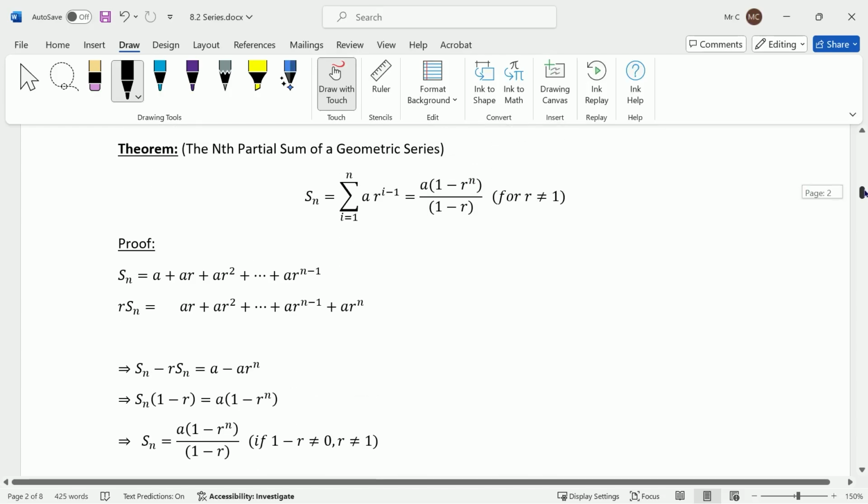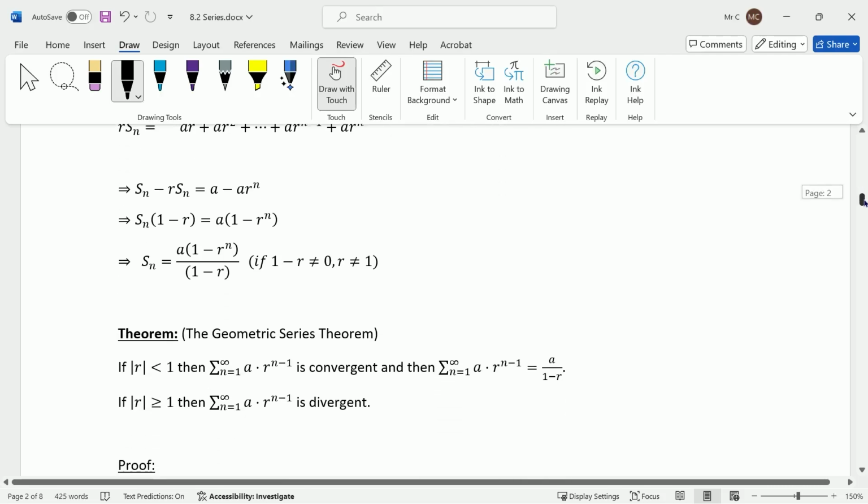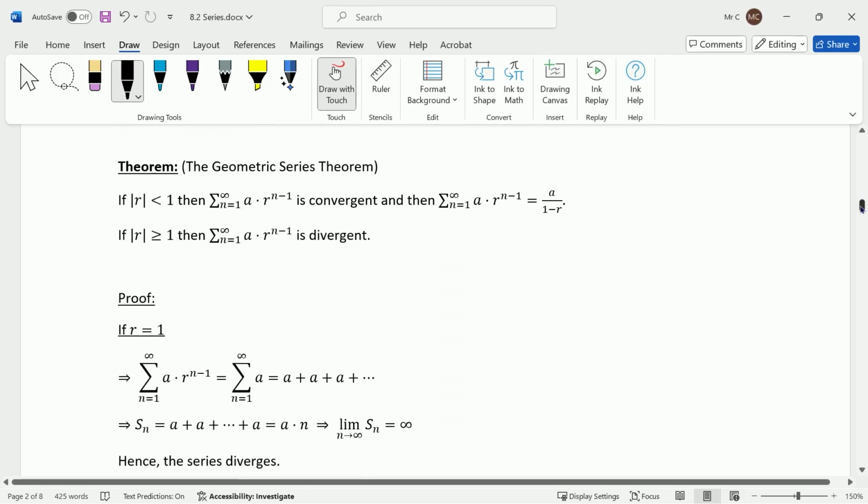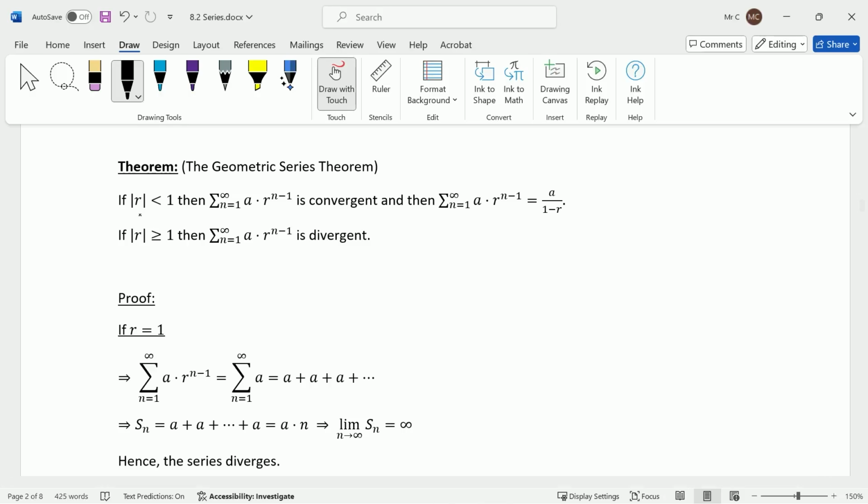So this formula allows me to deal with nth partial sums of geometric series. But of course, how do I deal with the actual geometric series itself, the infinitely many terms? And for that, we have the geometric series theorem. So the geometric series theorem says that if the absolute value of r is less than 1, then the series from n equals 1 to infinity of a times r to the n minus 1 is convergent, and